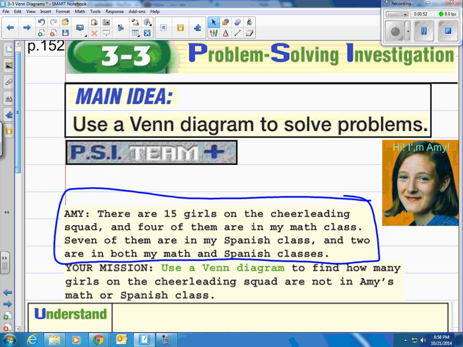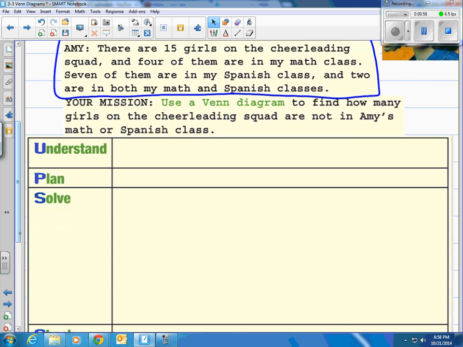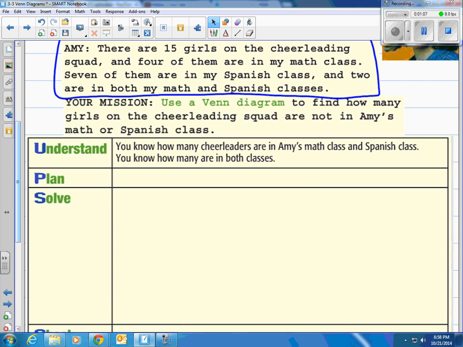What is a Venn diagram? Well, a Venn diagram is basically overlapping circles where we fill in the details that we need so that we can actually calculate the answer to the question here. Let's look at the information we know. It says you know how many cheerleaders are in Amy's math class and Spanish class. In her math class, she has 4 people. In her Spanish class, she has 7. And then in both classes, it looks like she's got 2. 2 in both her Spanish and